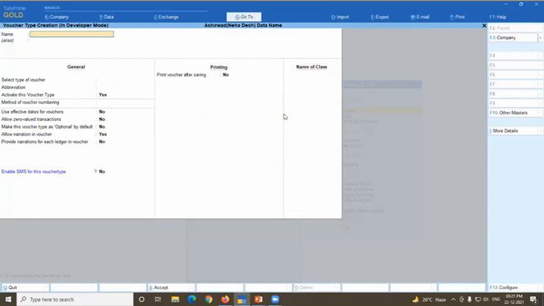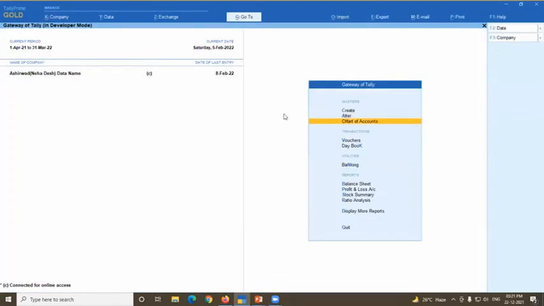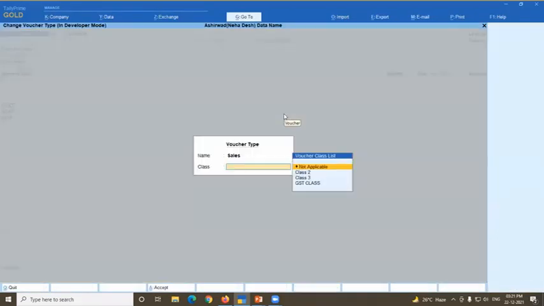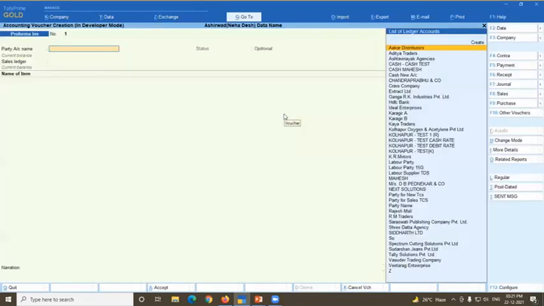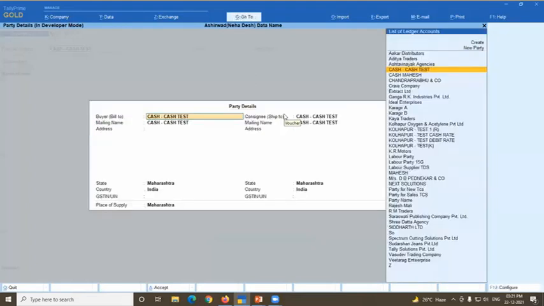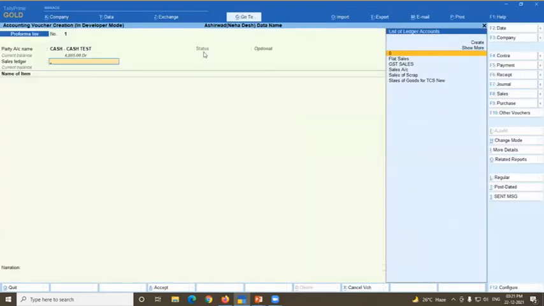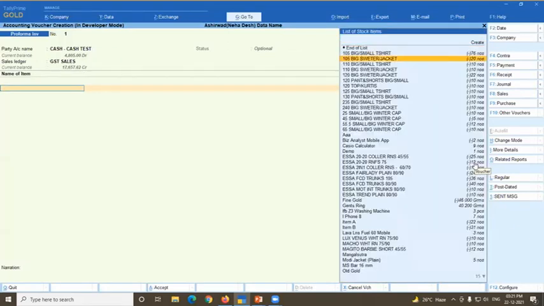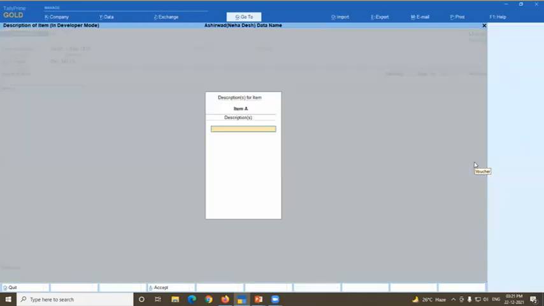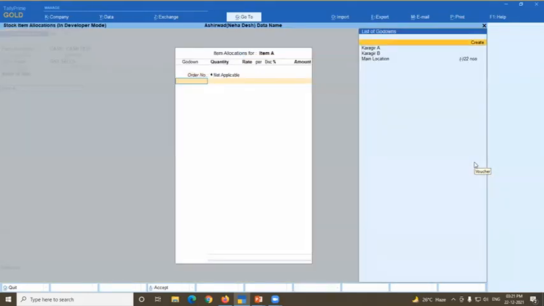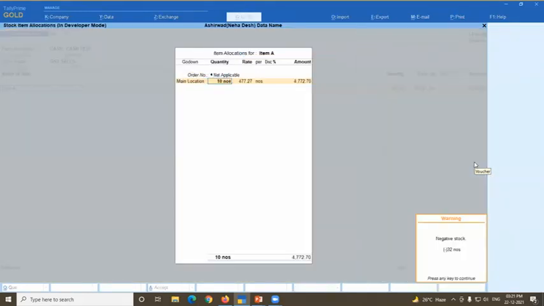Then if I enter something in that voucher type, F8, here I have to select pro forma invoice. And suppose I am taking any party, you can see the flag is opened here. Status is equal to optional. So optional means that it will not impact my books of accounts and also not my inventory.